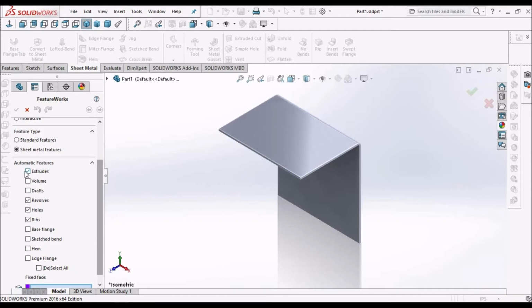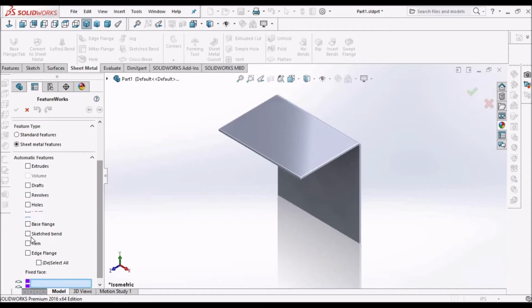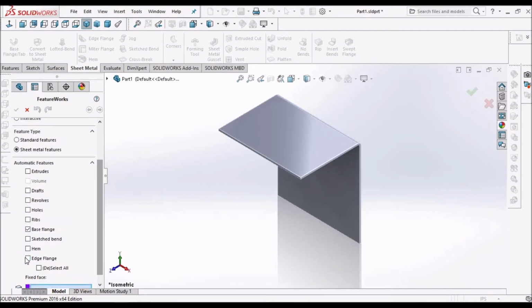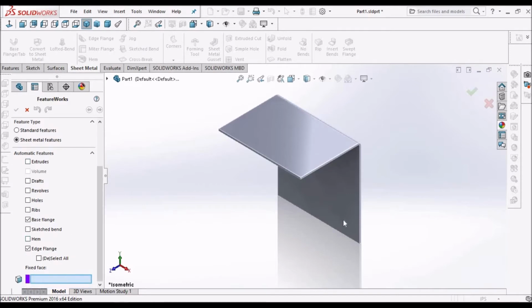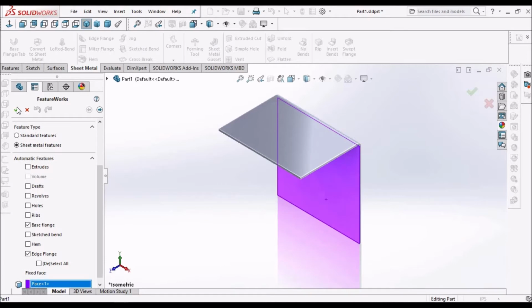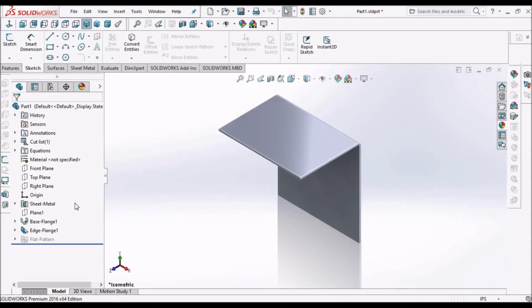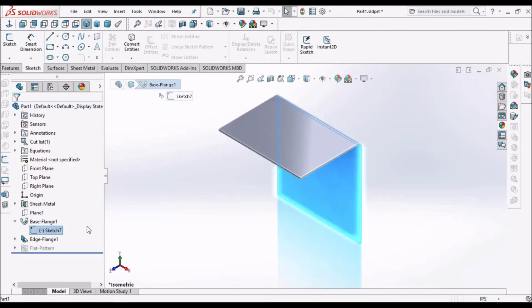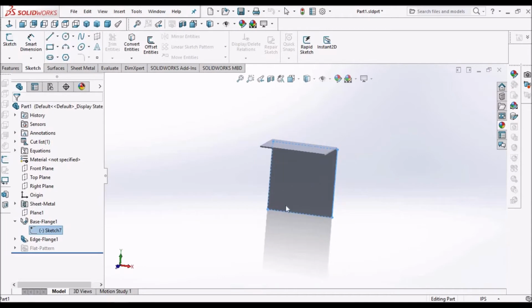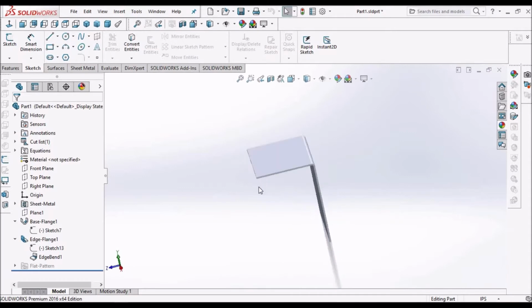Now if I click base flange and edge flange and select the fixed face, it converted to base flange and edge flange. And we can save the file.